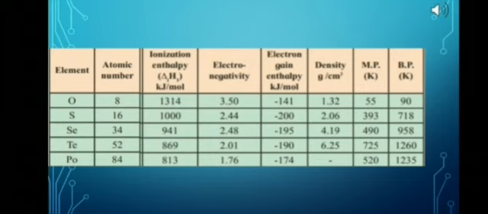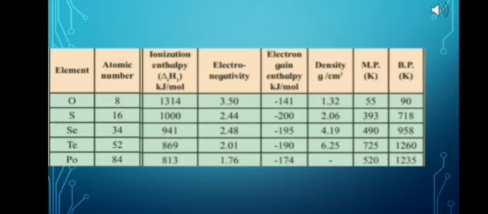Ionization enthalpy of group 16 elements is quite high. It is difficult to remove electrons from the valence shell of the atom. The ionization enthalpy decreases on moving down the group. The first ionization enthalpy of the lighter elements like oxygen, sulfur, selenium of group 16 is unexpectedly lower than that of the corresponding elements of group 15.